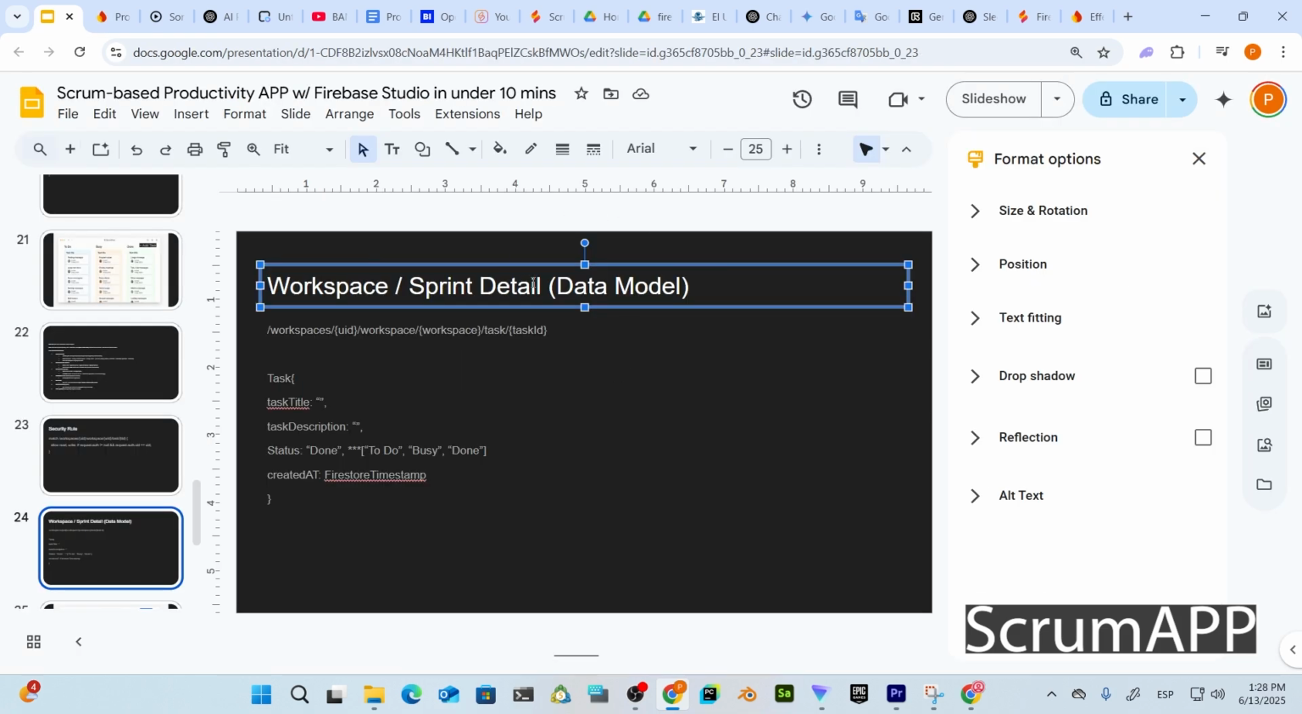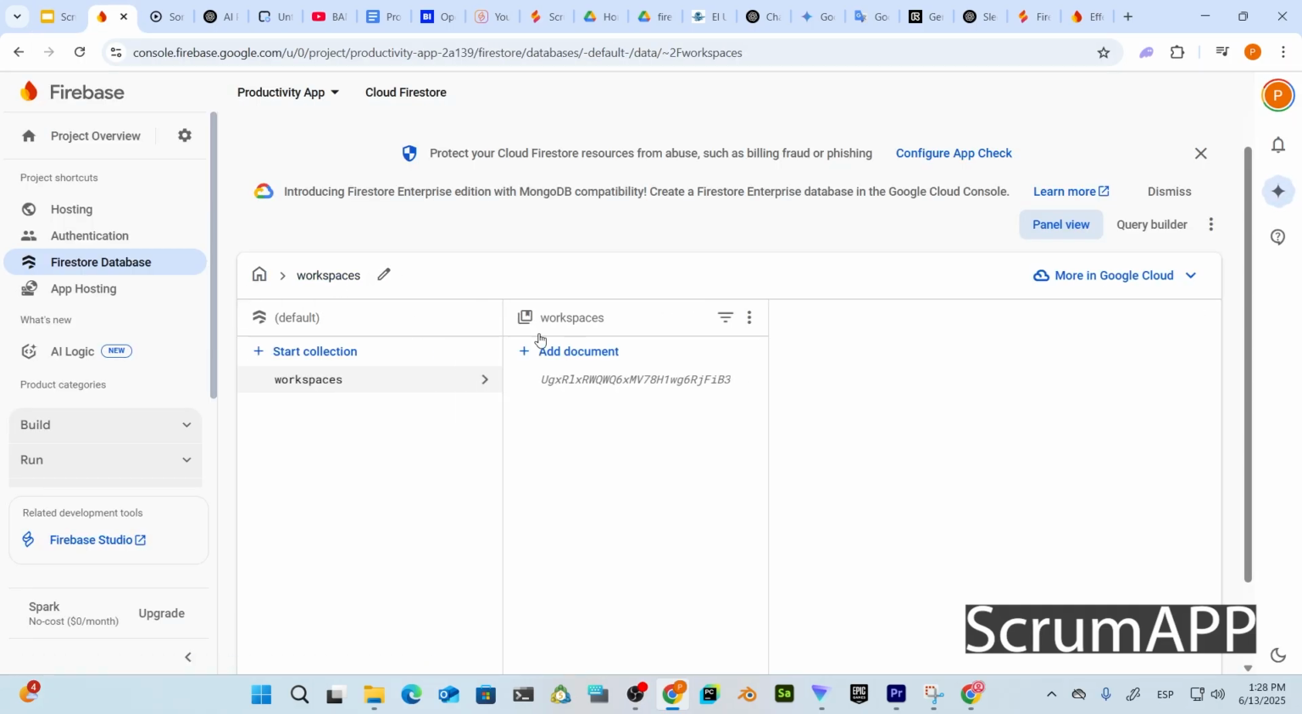Okay, so this is the data model for tasks. The idea is to have a collection named workspaces, the same, the user ID, workspace, workspace ID, the task, and the task ID. And it's an object with title, description, status, which can be to do, busy, or done, and a Firestore timestamp. So if we go to workspace, we select a user,